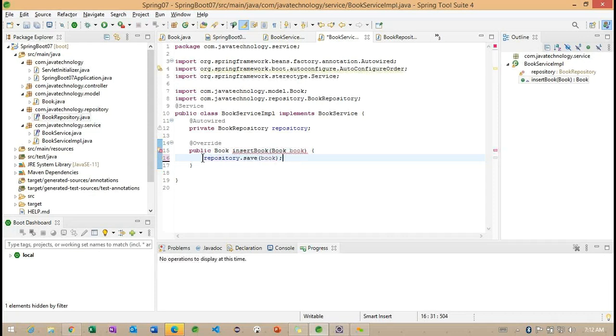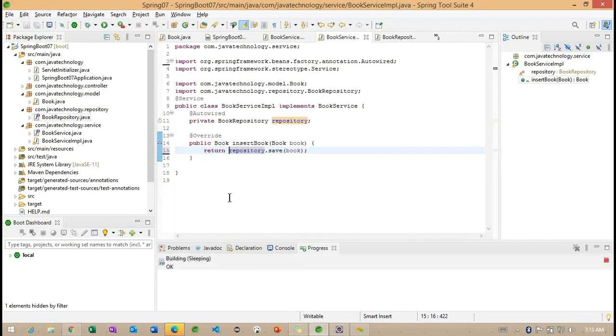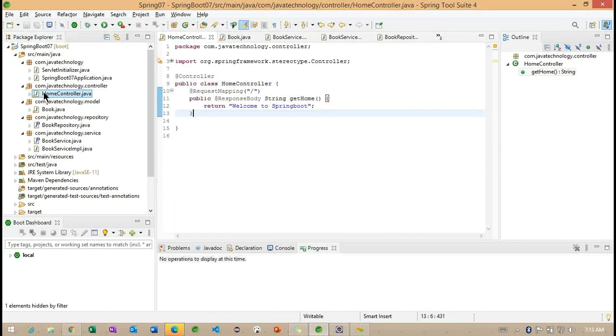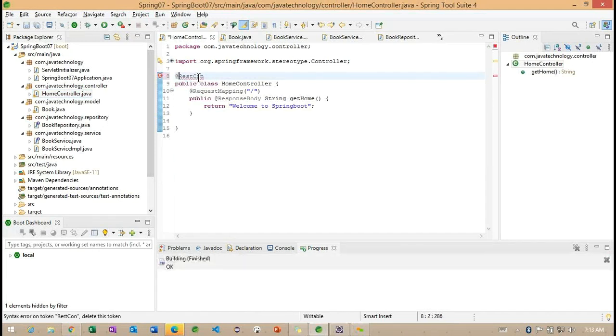Book. So we implemented service and repository. We'll go back to the controller. Here, REST controller,